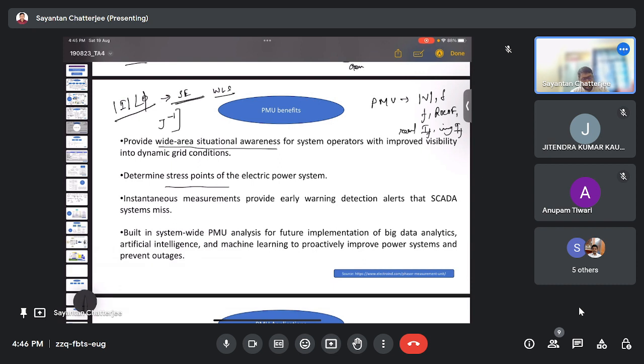As we all know, the inversion of the Jacobian is not that much of a problem in supercomputing architecture. But considering the previous power system scenario, inversion was the most time-consuming and memory-consuming activity that had to be performed. So when people developed these PMUs, they came up with the research finding that